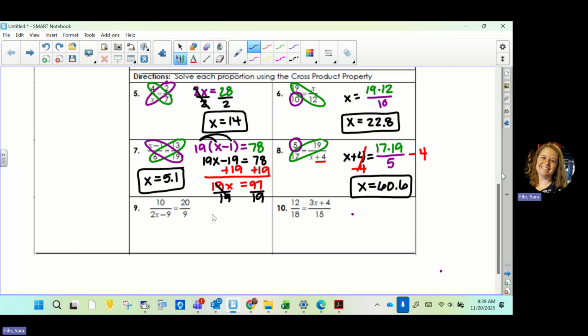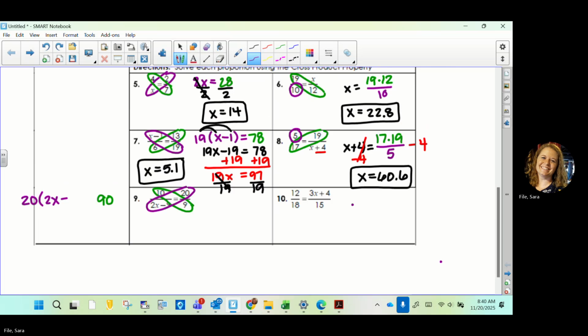Okay, I'll do one more each way. This left column will all be like the algebra way. Okay, so one more with algebra, I would multiply the 10 and the 9, that's 90. I'm going to do this one over here so it doesn't overlap. And then this way would be 20 times 2x minus, what is that, a 9? And then I would distribute the 20. So I would get 40x